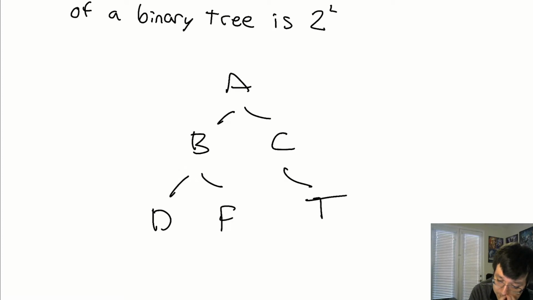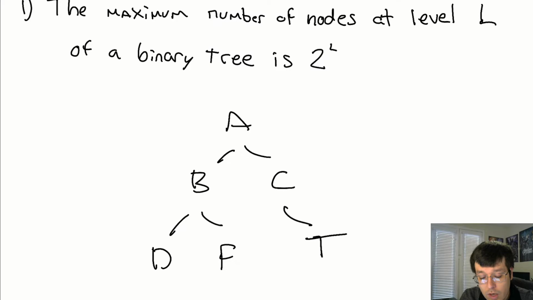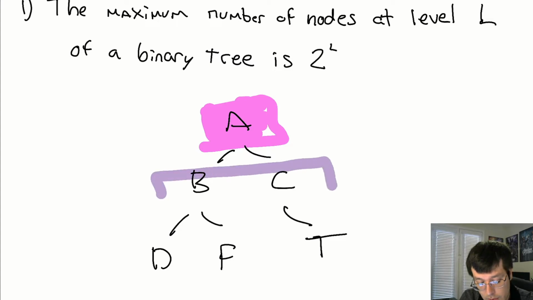Okay? So when I have something like this, when I say the word level, what I'm talking about is, as obvious as it sounds, the different levels of this tree. So you can think about the distance that those nodes are from the root. So when you have the root, you can consider this to be kind of like the base level, okay? Level 0, level 1, depending on how you're going to do the math, which I'll come back to. From there, the next level is going to be all the nodes that are one jump or one generation, one kid from the root. So that would be this.